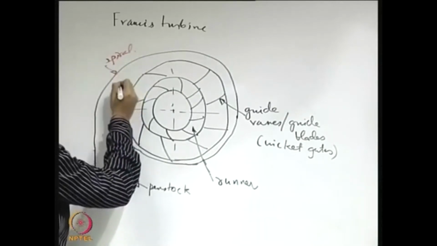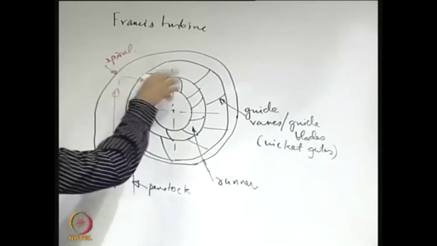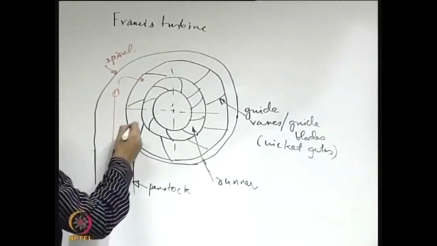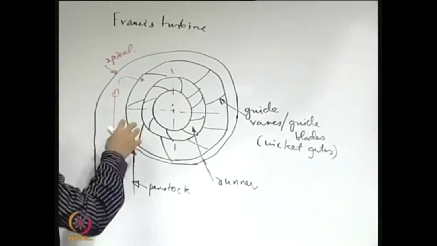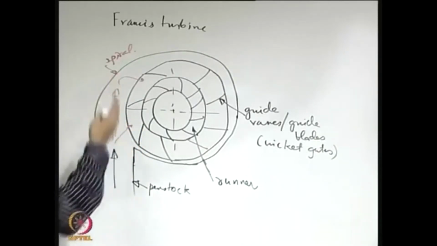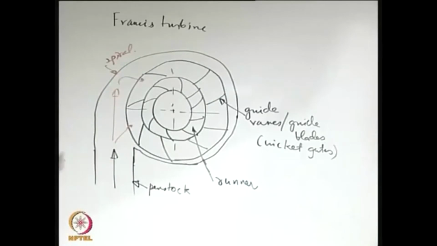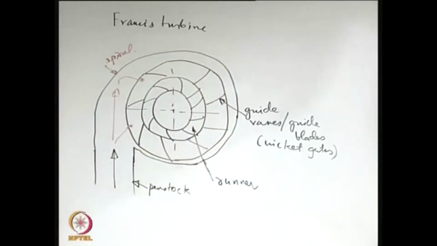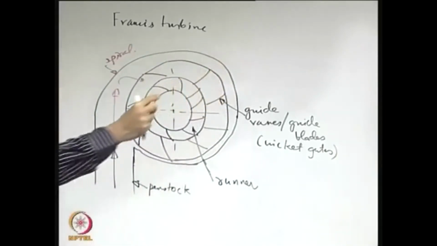So continuously the fluid enters the blade passage. So say first some fluid enters the blade passage here. When the fluid enters the blade passage, you want to maintain the same rate of flow, because you want to have the entire runner receiving the same rate of flow, and that is possible if you continuously reduce the area.